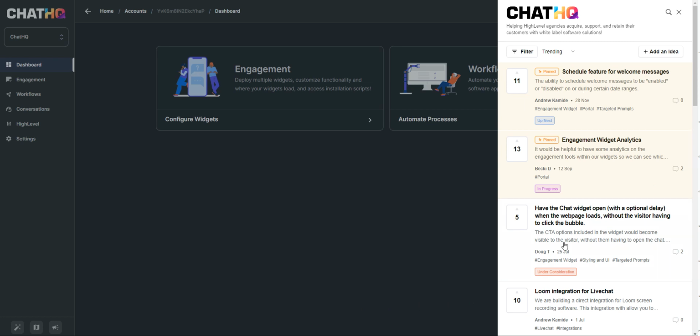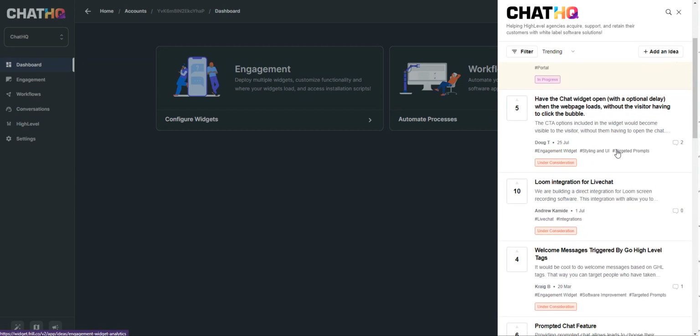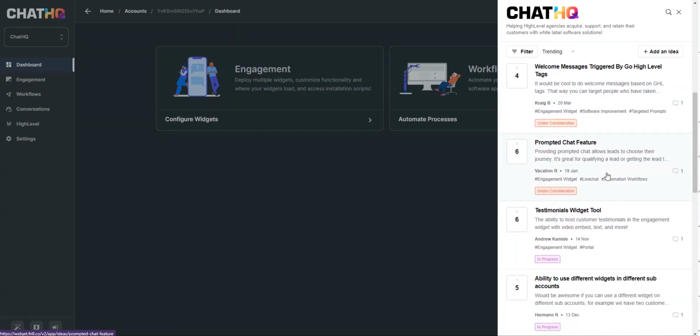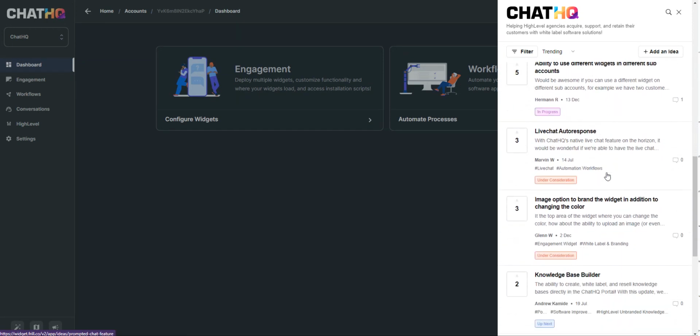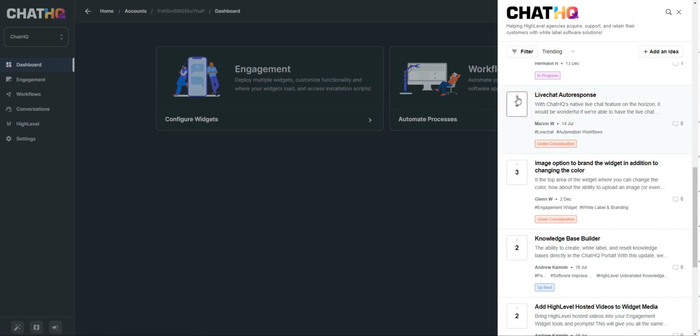You're going to see a pop-up over here on the right-hand side. The idea board is where you can submit your own feature and product ideas to the ChatHQ team, and you can access our idea board from your portal account and submit your ideas with just a few clicks. You can scroll through here and view different ideas that have been added, and you can upvote ones by clicking on the option here, and you can also comment by clicking on here,